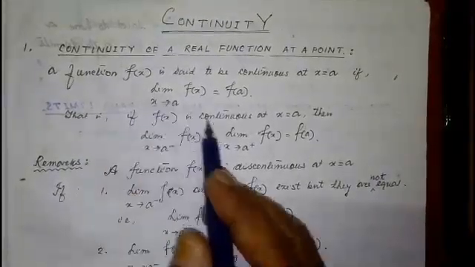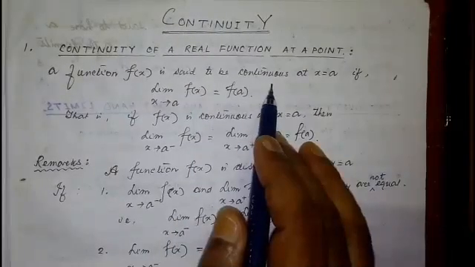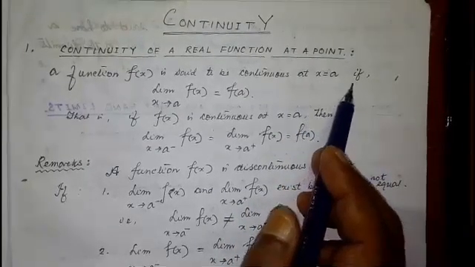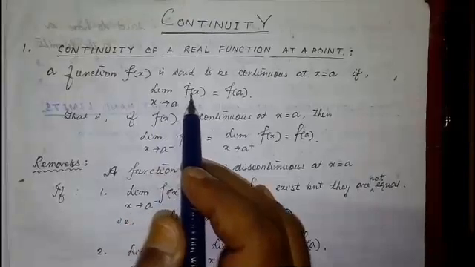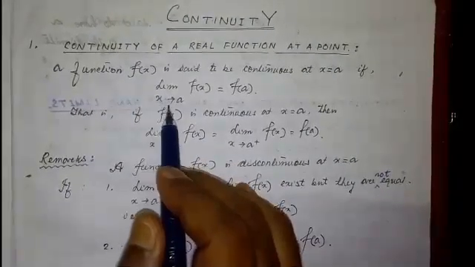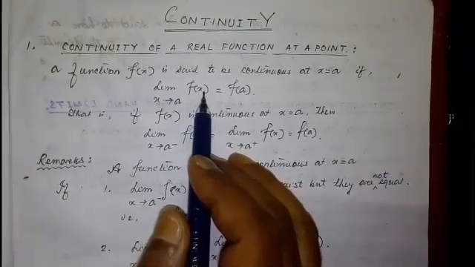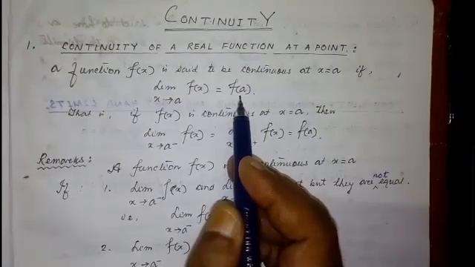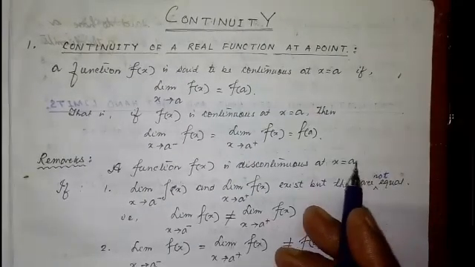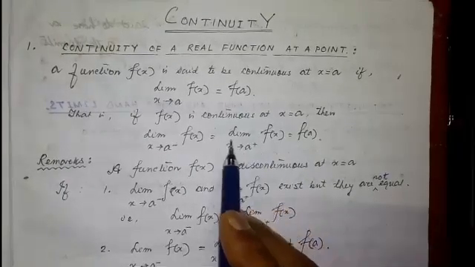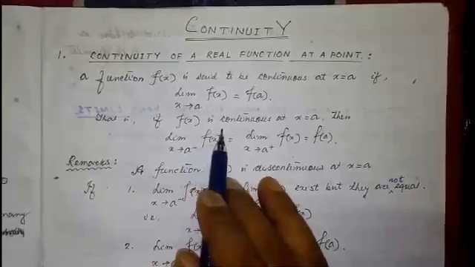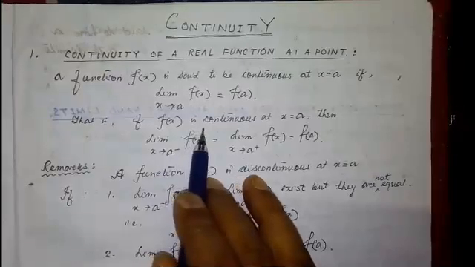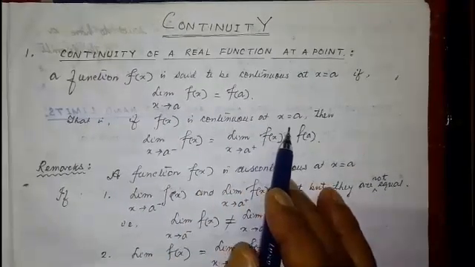A function f(x) is said to be continuous at x = a if the limit of the function when x tends to a is equal to the value of the function at the point x = a. What does it mean? It means if f(x) is a continuous function at x = a, then